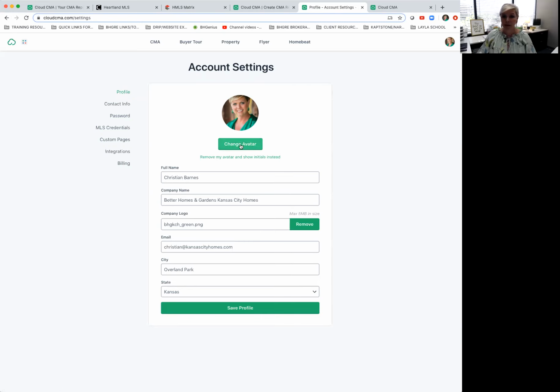If I want to change my picture, or if I don't have a picture, I can do that right here by clicking on Change My Avatar. If I don't want a picture, I can click Remove Avatar and just show my initials instead. Full name is the name that's going to appear on your finished CMA product. So if you go by a nickname, you can change that here. Company name,